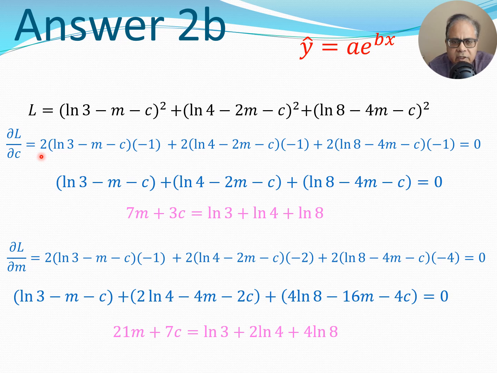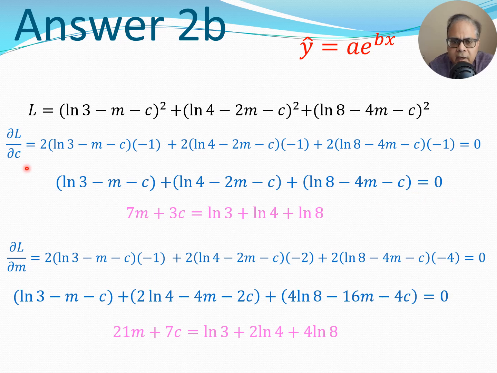So again, that's a very simple exercise in differentiation, which can be done by any student at the class 12 level, also grade 12 level. So let us simply differentiate it. So again, you remember here that when we are differentiating with respect to c, we are treating m as a constant. So in each case, you will have 2 into this term here, and then the derivative of minus c is going to be minus 1. Same thing here, 2 into the term here, and derivative of minus c is minus 1, and the same thing here. Now I can remove these 2's in front of the bracket, the negative ones in the brackets here, and I get log 3 minus m minus c, log 4 minus 2m minus c, log 8 minus 4m minus c